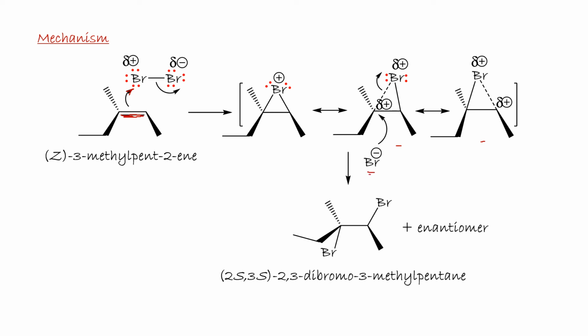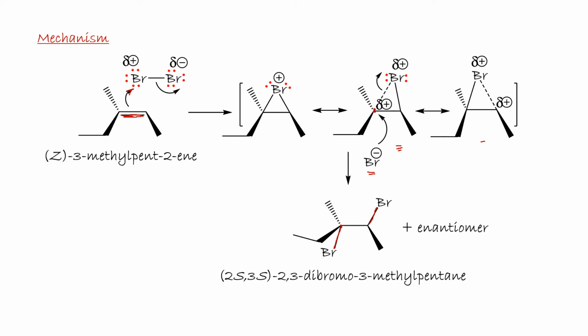The bromide anion will attack the partially positive carbon carrying more substituents, because that will be a tertiary carbocation, so the contribution in resonance will be higher. Br will attack on that, leading to the formation of the two Br atoms in opposite directions, what we call anti-addition,